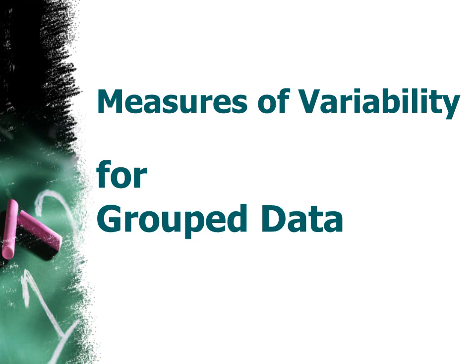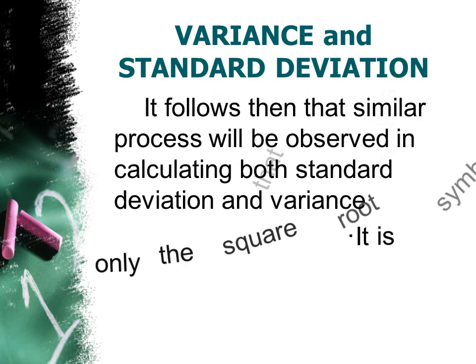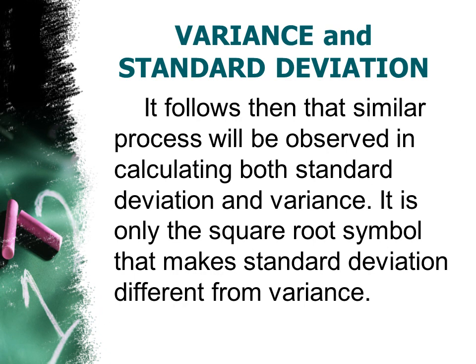But we will now consider yung last two types, the standard deviation and the variance, kasi yun siya ang ginagamit usually in research. So it follows then that a similar process will be observed in calculating both standard deviation and variance kasi kanina nakuha natin yung standard deviation by just getting the square root of the variance. So, hindi siya masyadong complicated because related lang yung dalawa. So, let's take